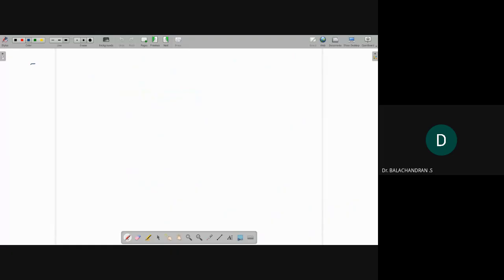Problem number 7. What is problem number 7? Please tell me. I think problem number 7 is: solve pq xy is equal to z square. The solution. So here in problem number 7,